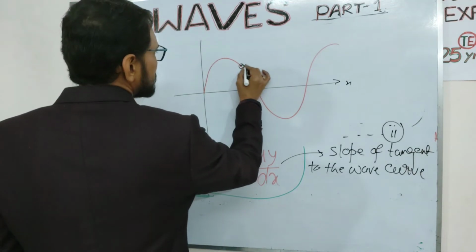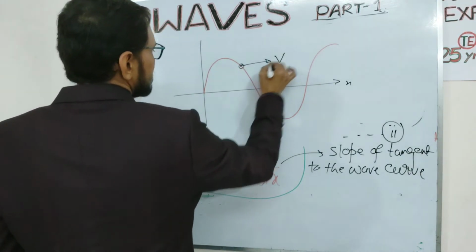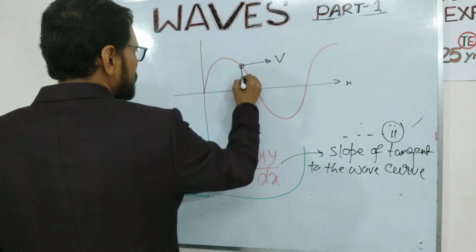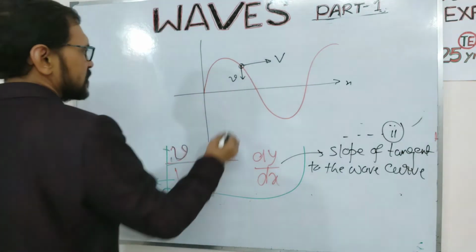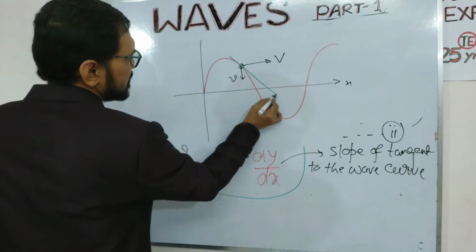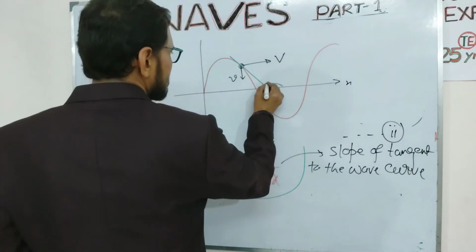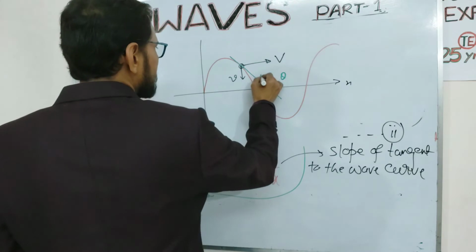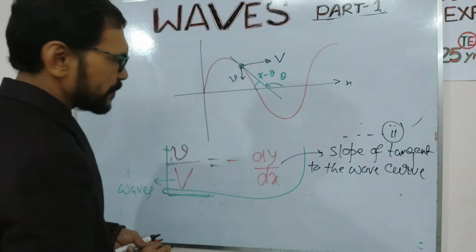So velocity of the waves, suppose in this direction is V. Now the velocity of the particle in this direction, and dy by dx is the slope of the wave curve. Now this angle is theta, suppose. So this angle will be pi minus theta. Now slope of the